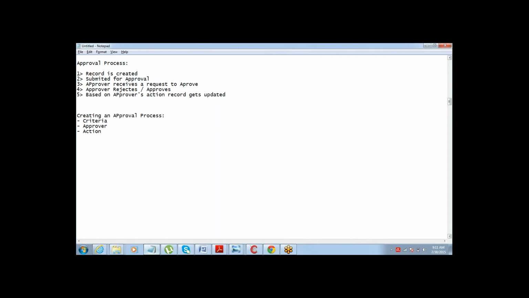Actions are at different stages: when the record is submitted, when it is rejected, and when it is approved.